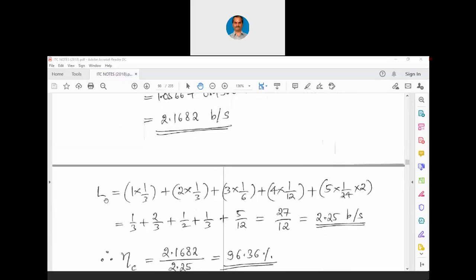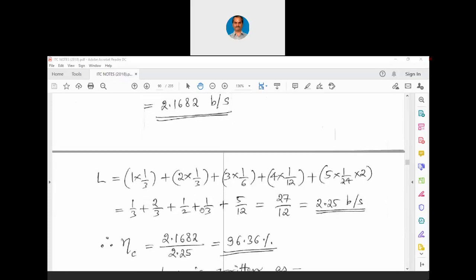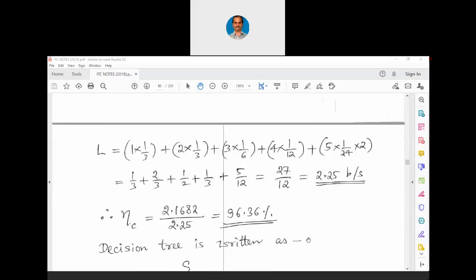Let us find out the average number of alphabets or average information content per symbol. That is L equals 1 by 1/3 plus 2 by 1/3, the already known summation of i equals 1 to n, Ni into Pi. So finally we get efficiency as 2.1682 divided by 2.25, which is 96.36%.